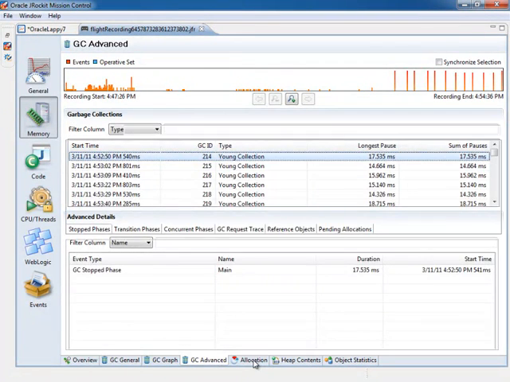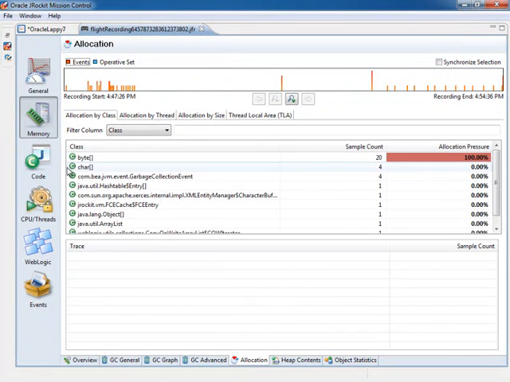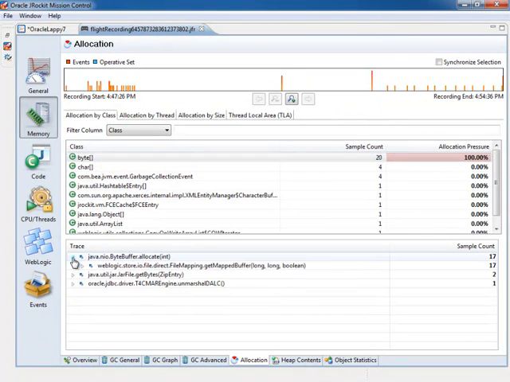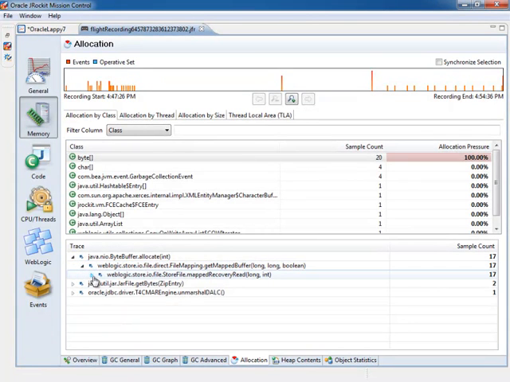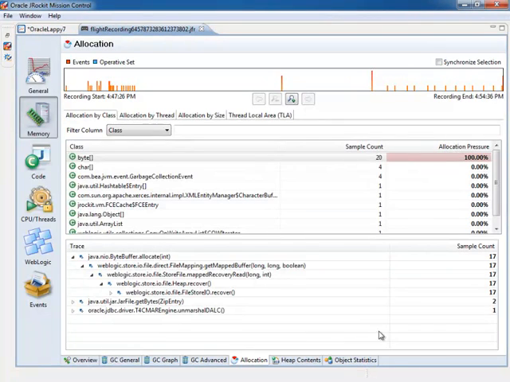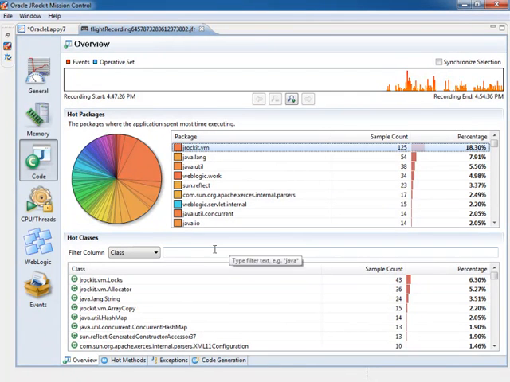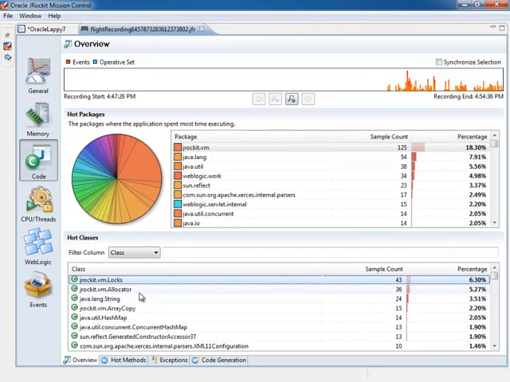I can look at memory allocation, so I can see that here the largest contributing class is an array, and then we can drill down and see where that's coming from if we want. Next, let's take a look at the code options. This gives us a view of the hot packages, where the code is being executed. And here we can see that it's primarily between allocating memory and